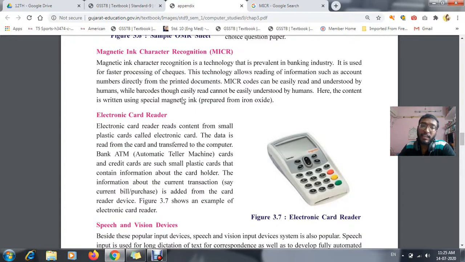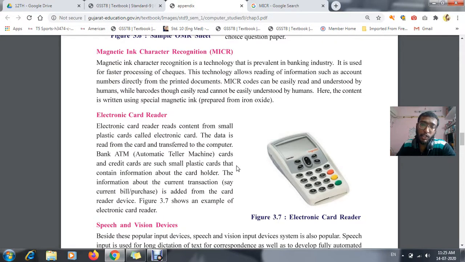Next is your electronic card reader. Electronic card readers are machines used in restaurants for accepting the debit card, or in malls for accepting the credit card or debit card. After inserting the card from the bottom, or swiping from the side, we have to enter the 4-digit pin which is given to us, and then they enter the amount. Automatically the amount will be deducted from our bank account. That means even if we do not have sufficient cash in our pocket, we will still be able to pay the bill. For that purpose we use this card.